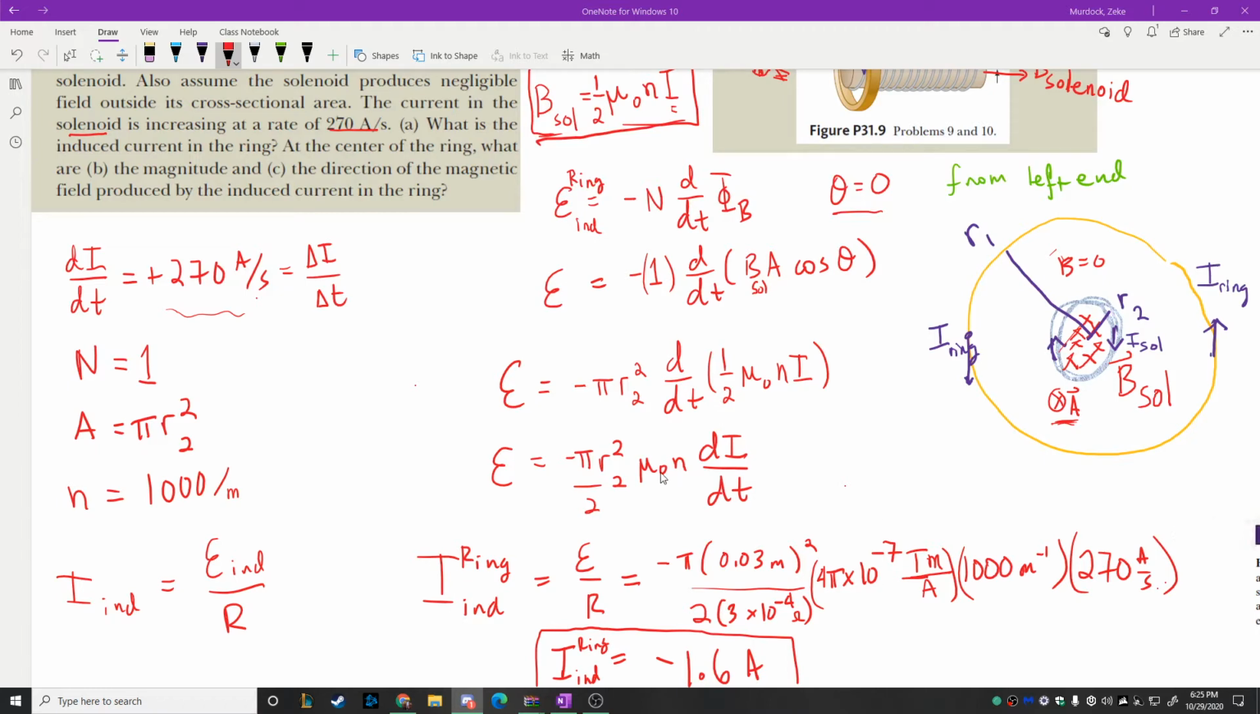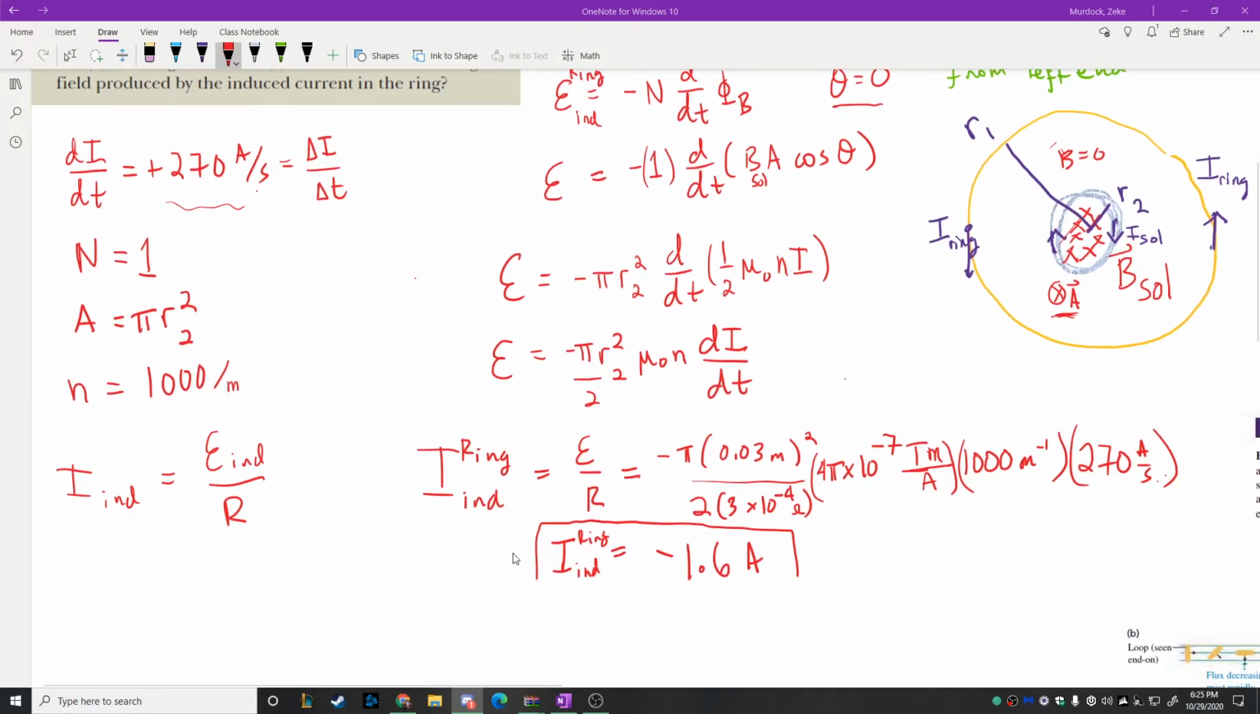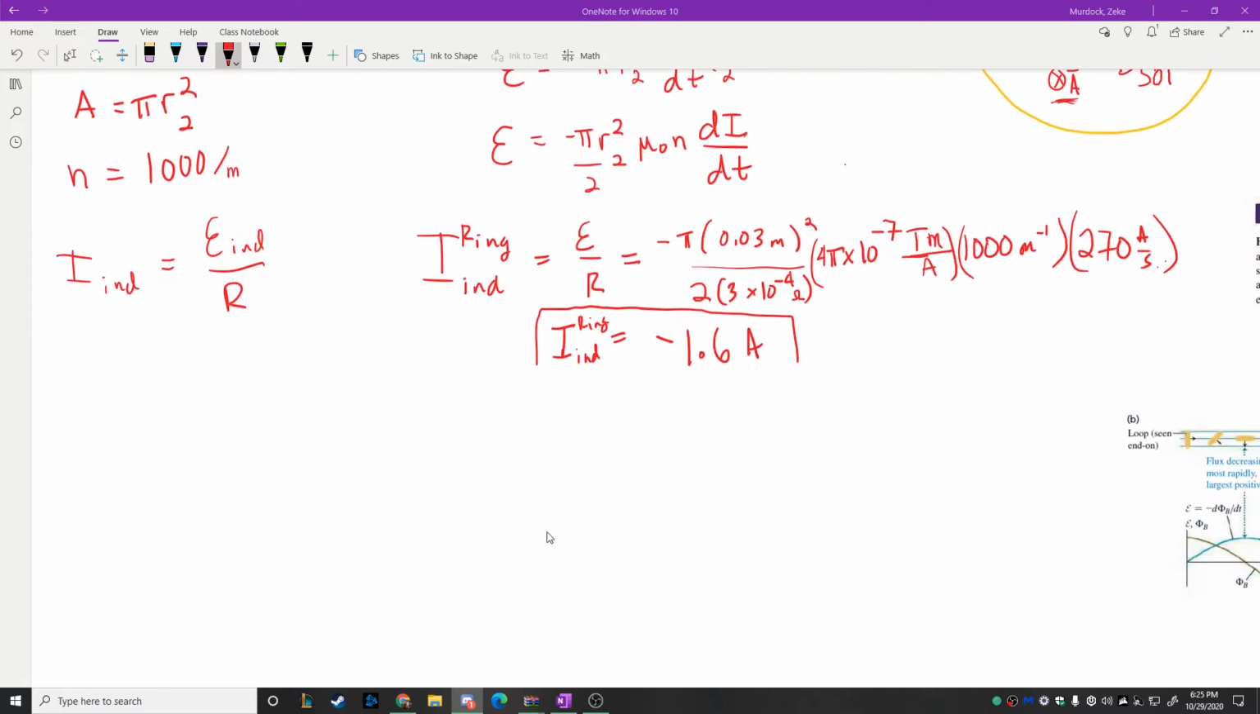All right. So the next question is, at the center of the ring, what are the magnitude and direction of the magnetic field produced by the induced current? To get the magnitude, this is a ring of current, right? And we have an equation. This is kind of plug and chug at this point, to find the magnetic field at the center of the ring,